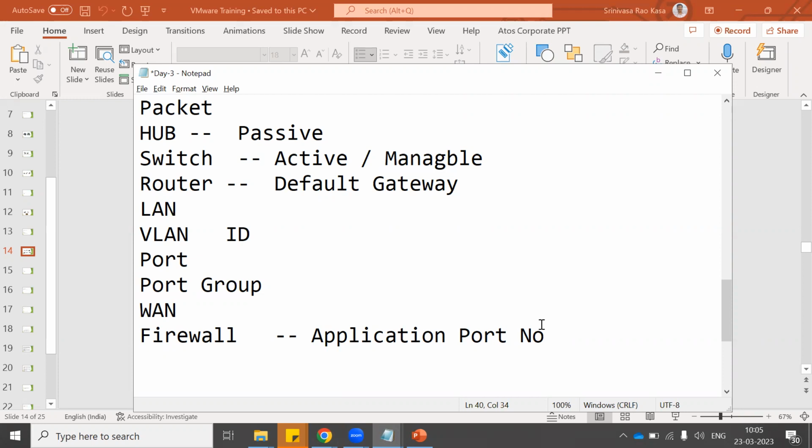Clear? Any doubt? We just need to understand the difference between the application port and this particular port and port group. Both are different. Any doubt? One more time: application port number, I'm trying to understand. Is it something like we can manage the port within the switch? Why I mentioned application port numbers here,